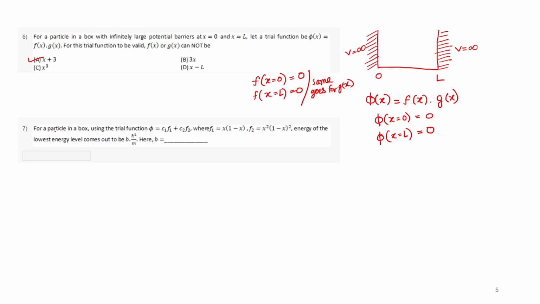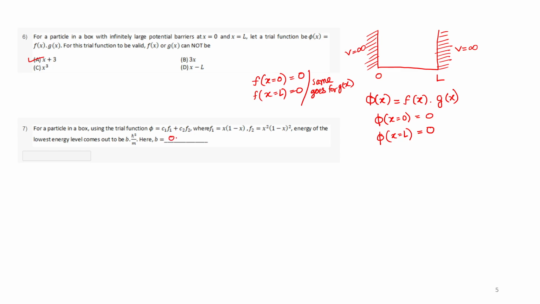I'm just reading out the question: for a particle in a box using the trial wave function phi, a linear combination of f1 and f2, where c1 and c2 are the variational parameters obviously and f1 and f2 are given, the energy of the lowest energy level comes out to be B multiplied by h cut square by m, where B is